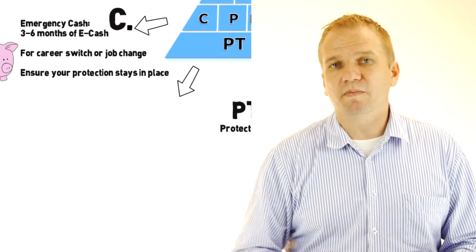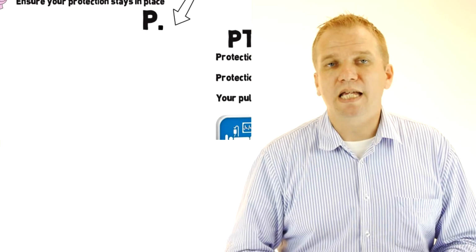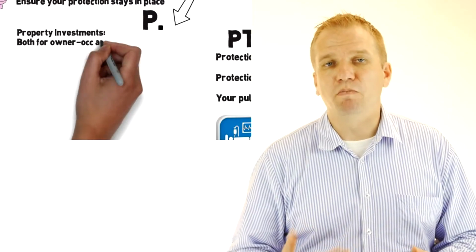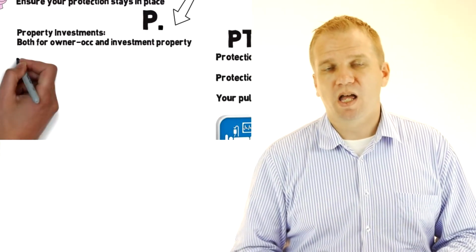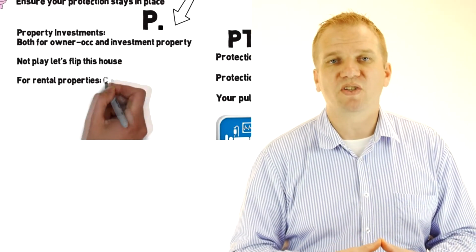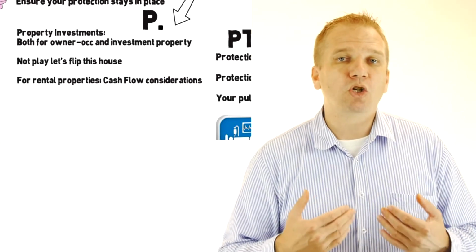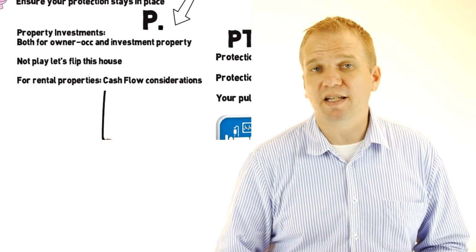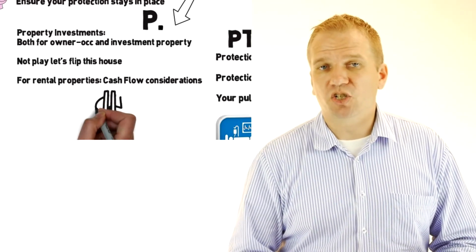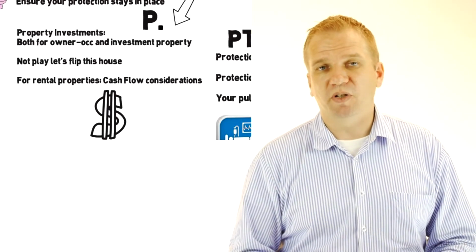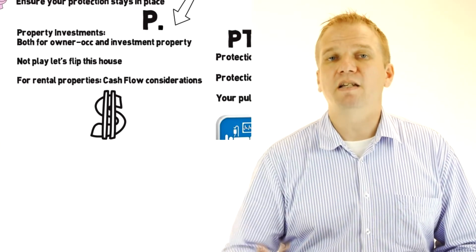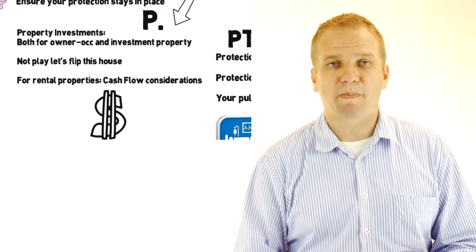Now, the second item in the second layer of the pyramid is property, and literally with any property purchase, in most cases there's always a mortgage attached to it. Now, regarding the mortgage, it is of utmost importance that you don't find yourself in a situation where you are over-leveraged, where you basically are worn down by the debt that you carry. As such, for owner-occupiers, it is important to look at the overall cash flow before signing on the dotted line when getting the mortgage when buying the property.